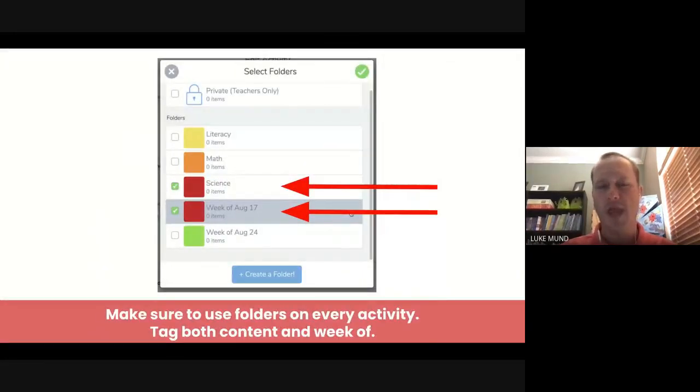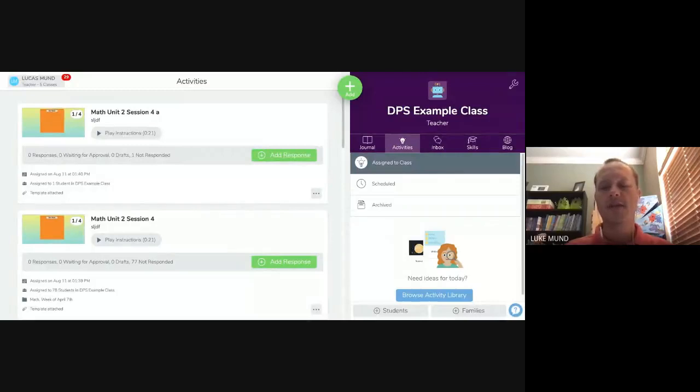We want to have the content tagged and the week of for every activity. I'm going to show you then how we can use this in our classes. So when I come to my class and say, I'm the tech teacher, I assign something on Tuesday because that's my day of the week that I'm going to post to all of the homerooms, right? I gave my students an activity on Tuesday. Now it's Thursday or Friday. So I'm going to come back and journal to the journal, grab my activities, enter some grades into Infinite Campus, give some descriptive feedback.